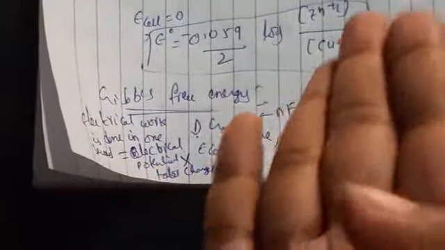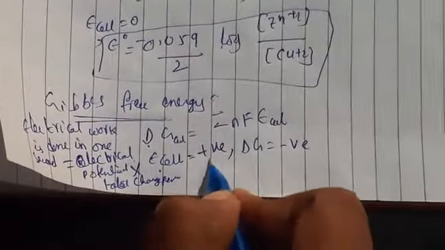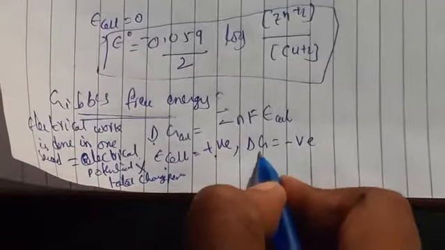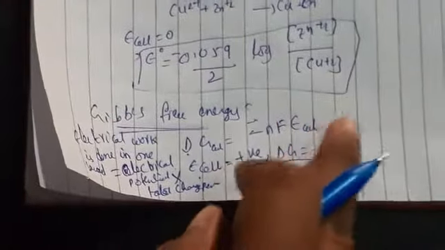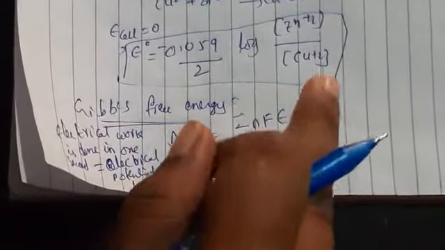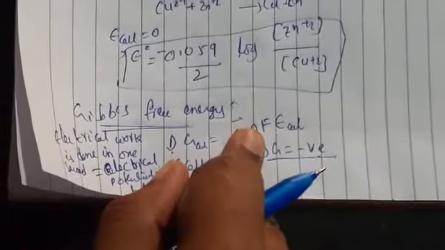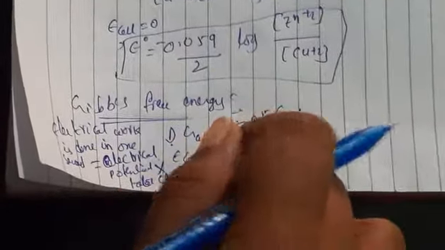To get the maximum work from the galvanic cell, the reversible work done by a galvanic cell means there will be a decrease in free energy. That's why I told you, E cell giving a positive value means delta G is a negative value. When no current is drawn from this cell, the amount of charge passed is nF.